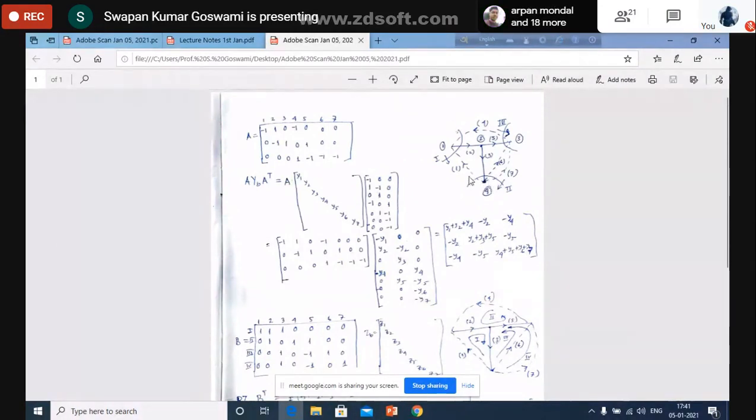Okay, yes sir, yes sir, is it clear? But the BC matrix has no relation with the reference node. All right, yes sir, yes, that is completely changed. All right, now let us go to another